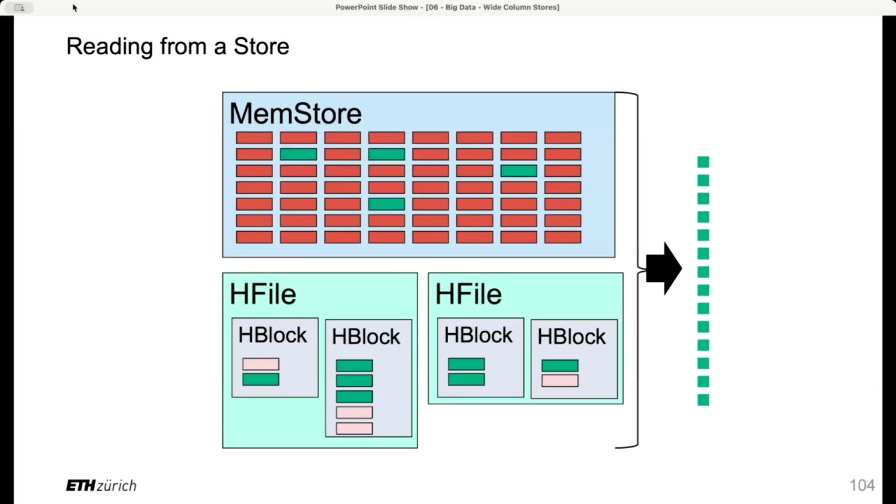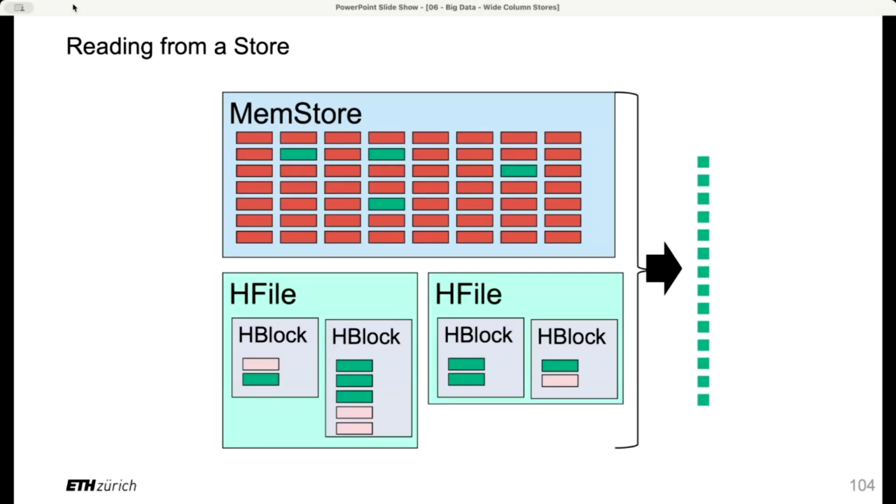So if we're looking for specific row IDs, we could determine that we only need to look at this and that H block within an H file, right? You need to look at all H files, but you might just look at some H blocks determined by the index, right? As a complement to your question, there is a trick known as the